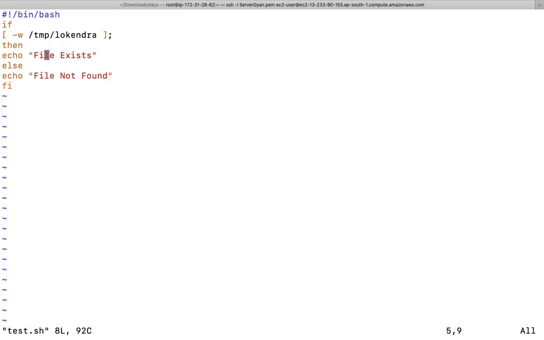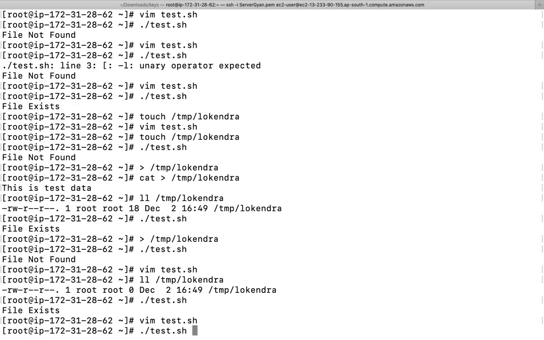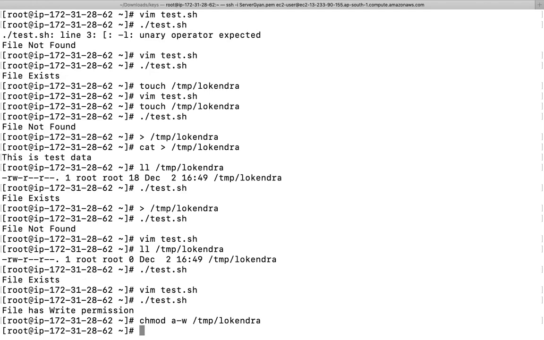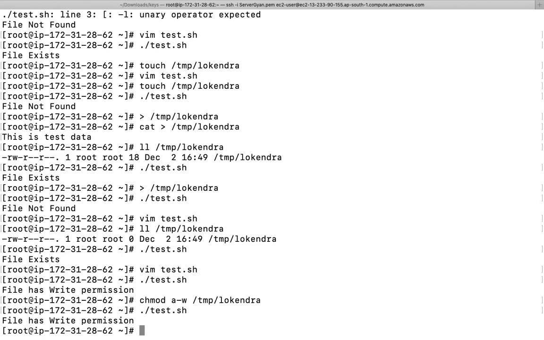Okay, let me change the message. Otherwise, you will think that only one output is coming here. File has write permission. So this will print file has write permission. And what if I do chmod a-x, a-w, it means anyone will not have permission to write, /tmp/Lokendra. The file name I'm going to give. If I run this script again, this will say file okay,